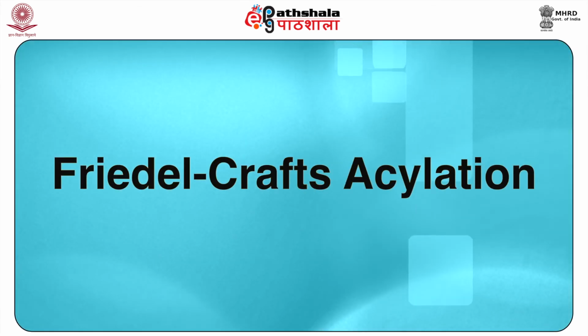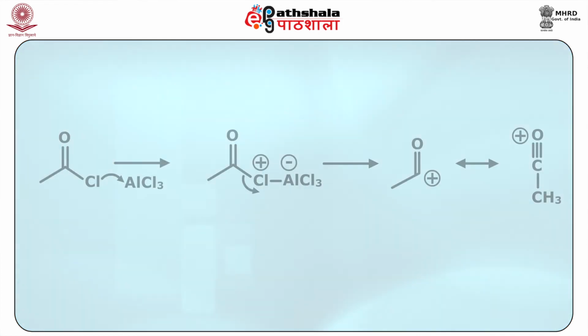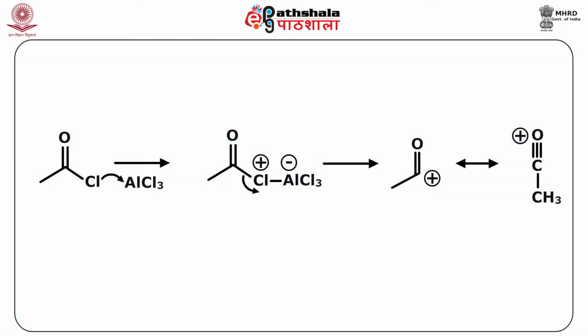Next comes the Friedel-Crafts Alkylation. This was discovered by scientists Friedel and Crafts, so the reactions are named after them. Friedel-Crafts reaction occurs by replacing a hydrogen atom with an acyl group, that is the RCO group. Here, we form the acylium ion, which is the electrophile in this reaction, by using a lone pair of the chlorine, that is of the CH3COCl for example, to open the octet of the aluminium of the AlCl3, which is basically a Lewis acid and helps in generation of the electrophile in this case.